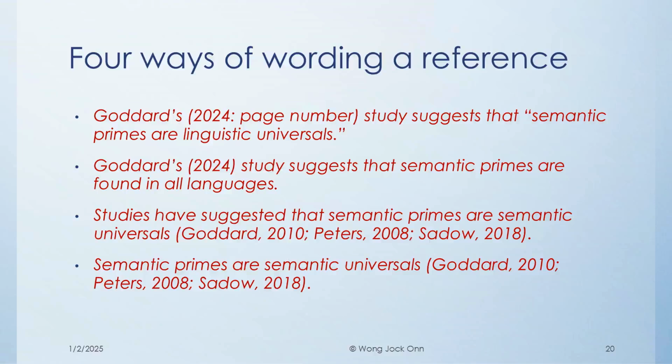The third example is common to humanities, social science, and STEM papers. The idea presented is expected to be widely known. The strength of claim is high. The fourth example is also common to humanities, social science, and STEM papers. The strength of claim is very high, and the status of the idea presented is expected to be close to that of a fact.